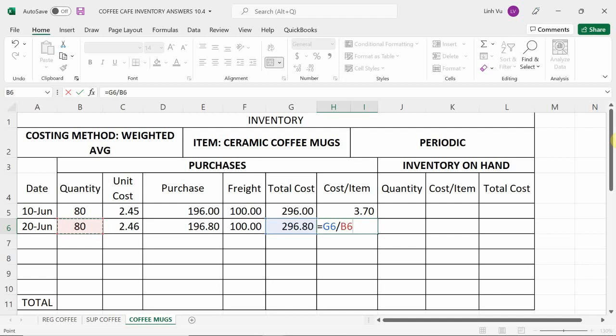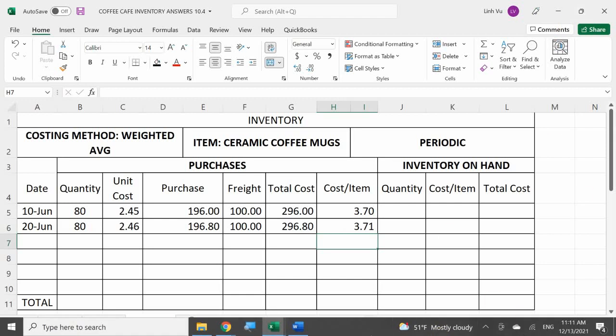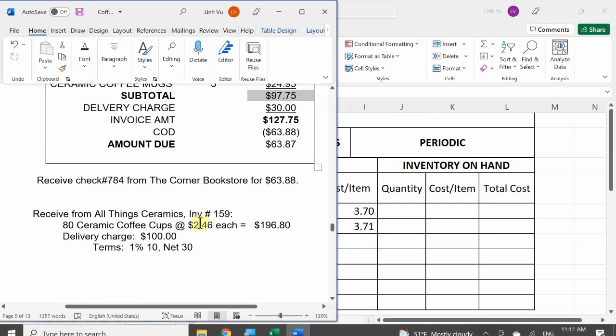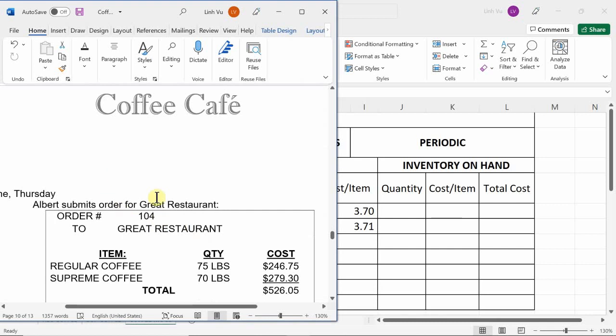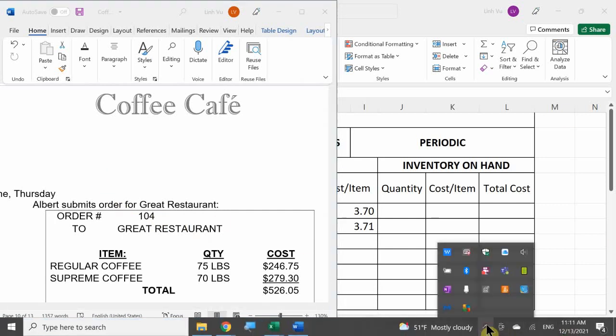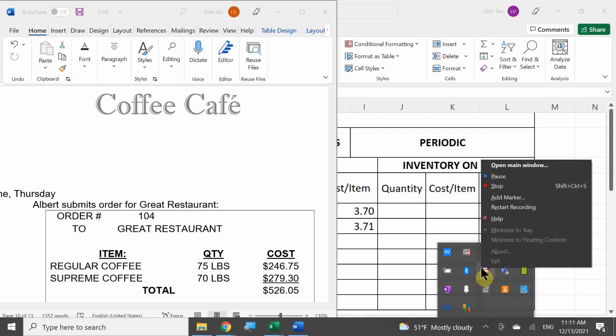And for practice purposes only, what is my cost per item? $3.71. But again, this is for practice purposes only, because at the end of the day we're going to tally up our totals, because this is weighted average. We don't even calculate our average cost per item until the very end. Any questions here? We're going to stop here in the scenarios. No questions? Then you guys